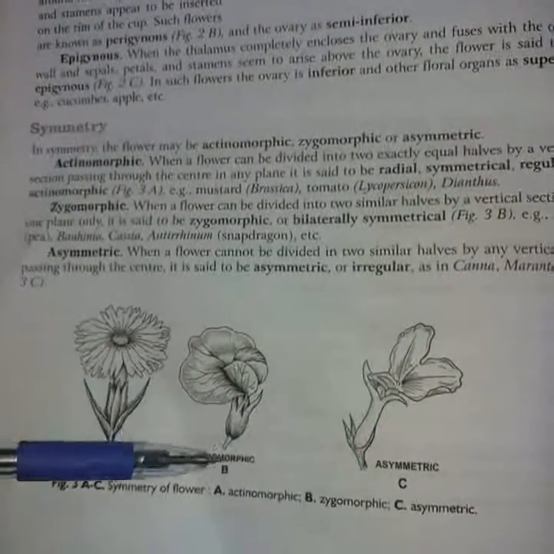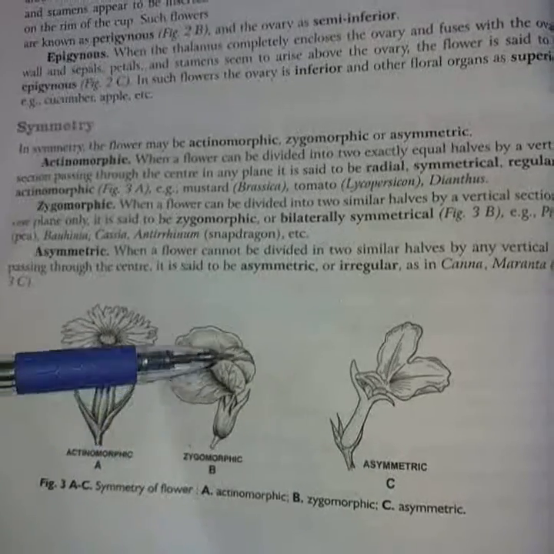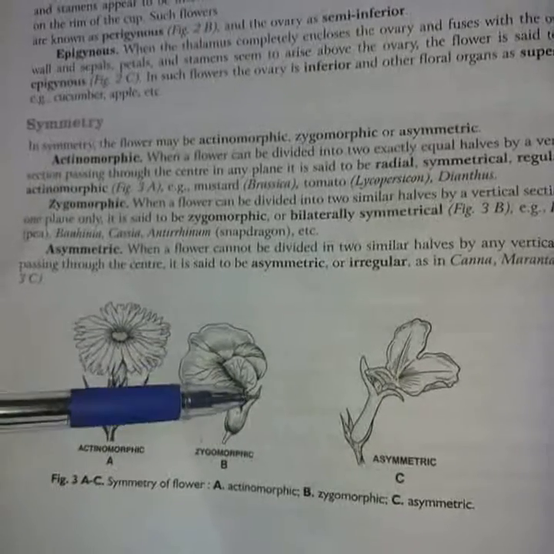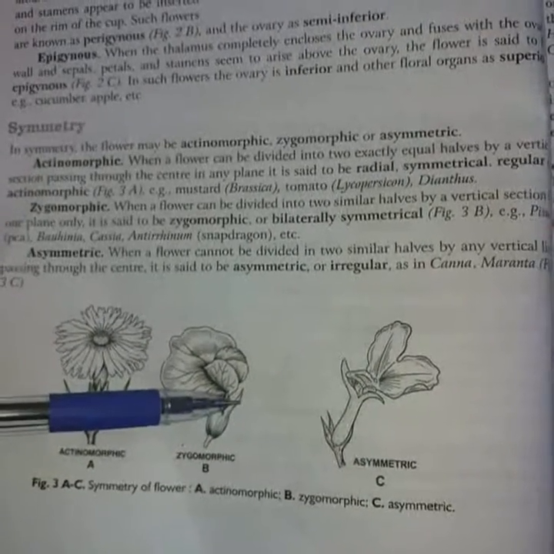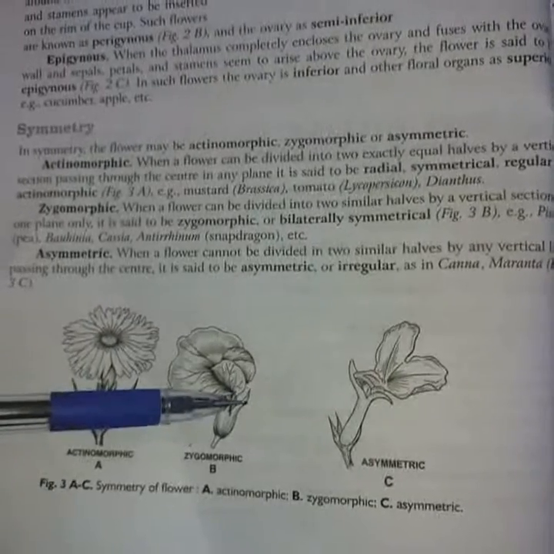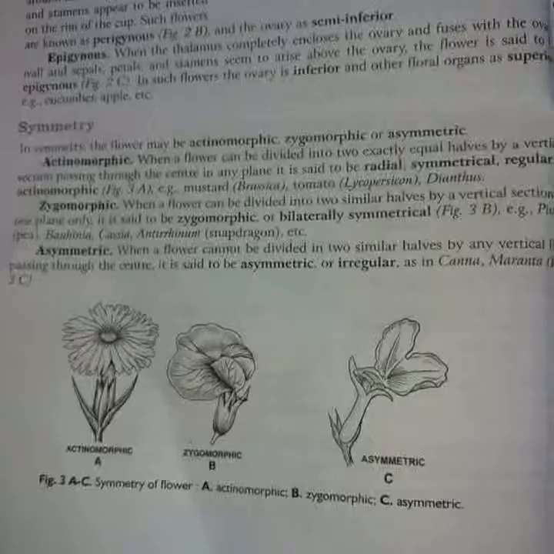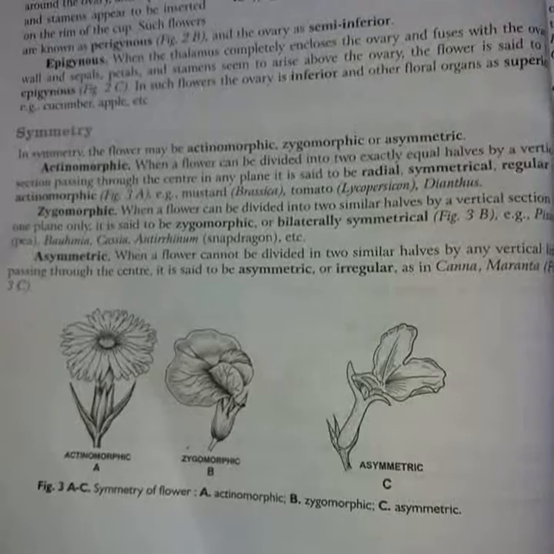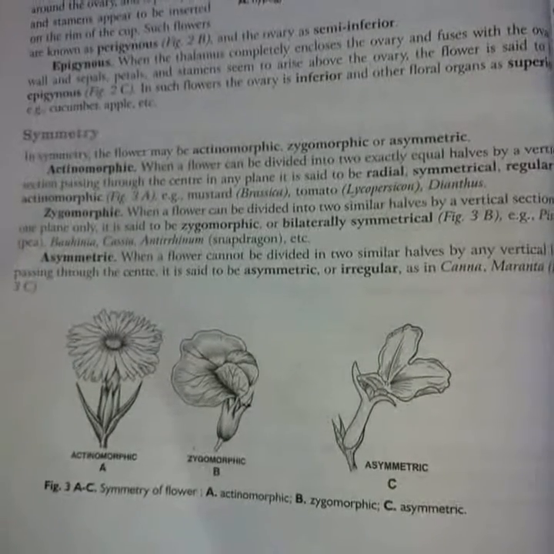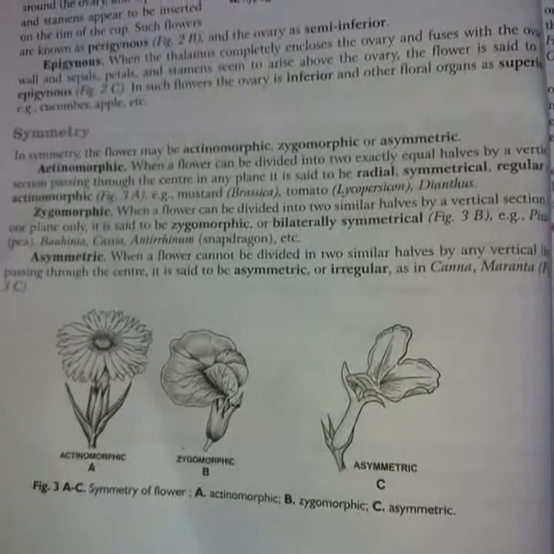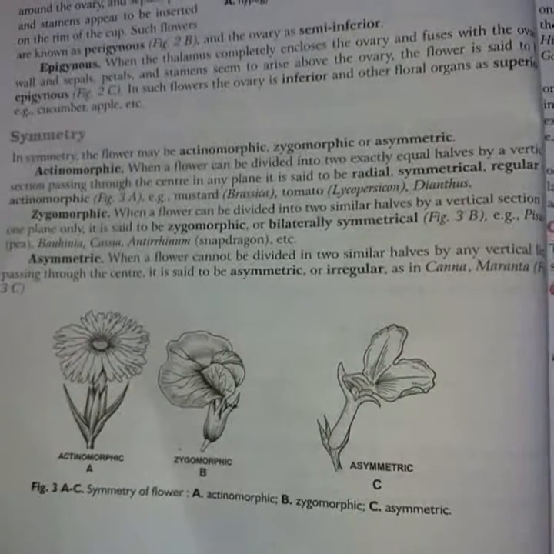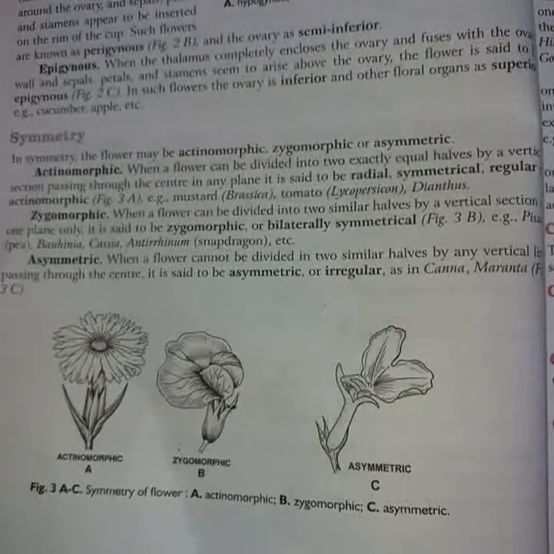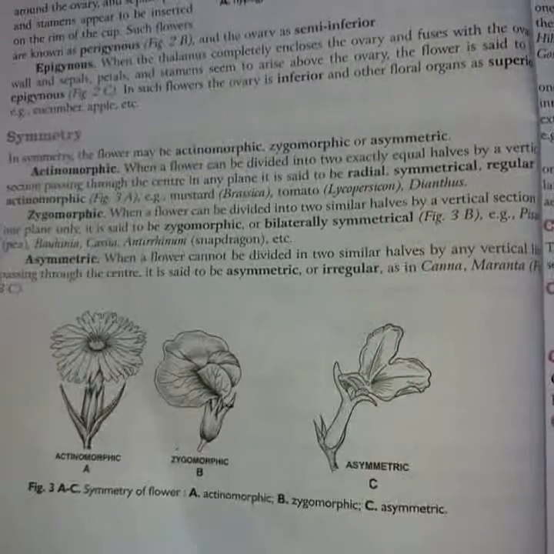Next is the zygomorphic. So in this structure, one side of the flower is complete and the other side is incomplete. When a flower can be divided into two similar halves by a vertical section in one plane only, it is called zygomorphic or bilaterally symmetry. For example, pea plant or Pisum sativum or cassia plants